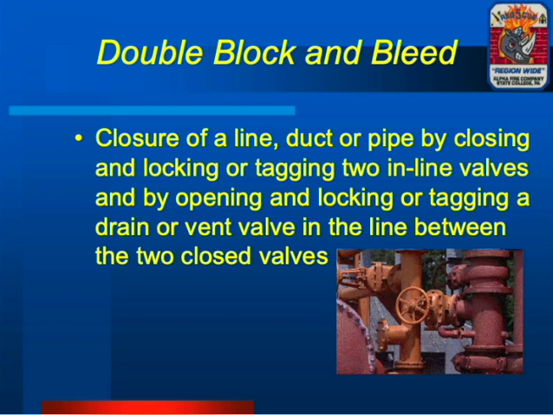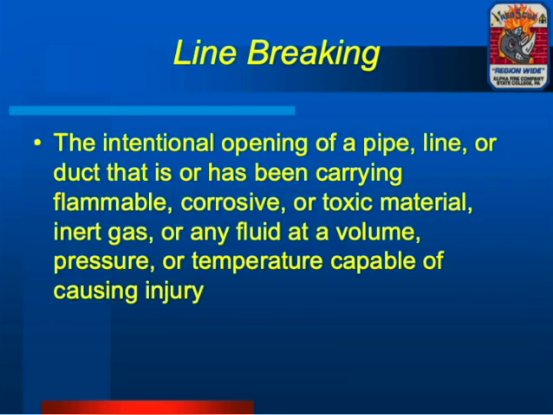Generally, we're not going to add any type of double block and bleed as far as the fire department. This is something we may use when we arrive on the scene at an industrial facility. This would already be in place, and we would operate these valves. Generally, for a facility like that, they're going to have some sort of maintenance personnel on the scene, and I would expect them to be able to shut this system down, shut down the valves, open up the center valve, and take care of this operation for us. I want you to be aware of what double block and bleed is, and also what blanking is. So line breaking would